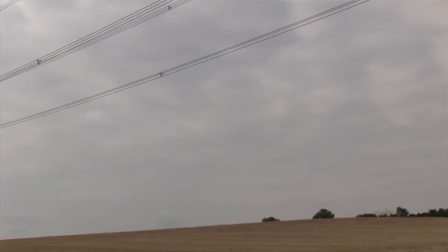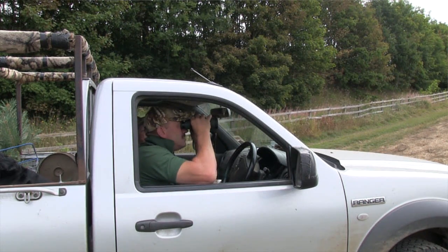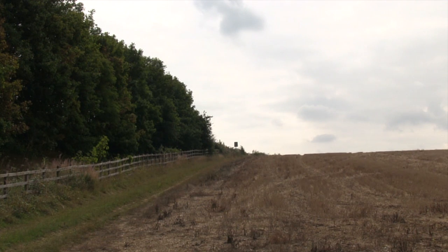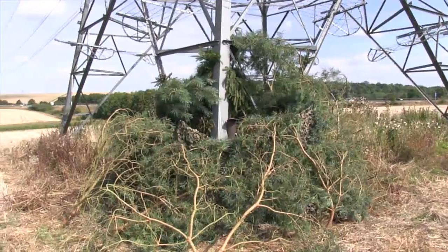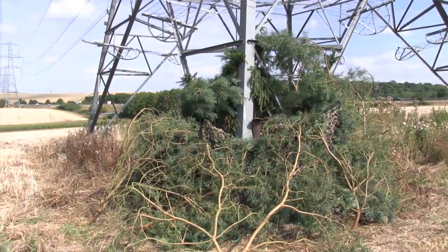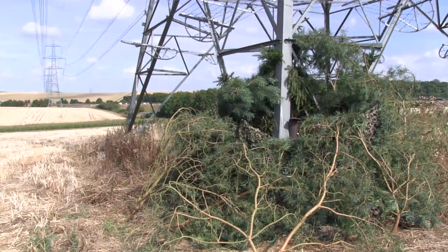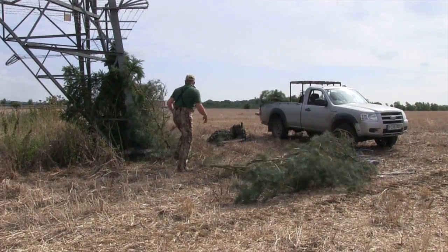What's happening today, we're a little bit dictated to where we're going to build the hide. As you can see on our left hand side, we've got the M11. Obviously we can't go anywhere near that, we've got to keep away from that. So what we're doing, we're going to build a hide in the bottom corner of the pylon. I have shot out of this pylon before. It is a good place to be,